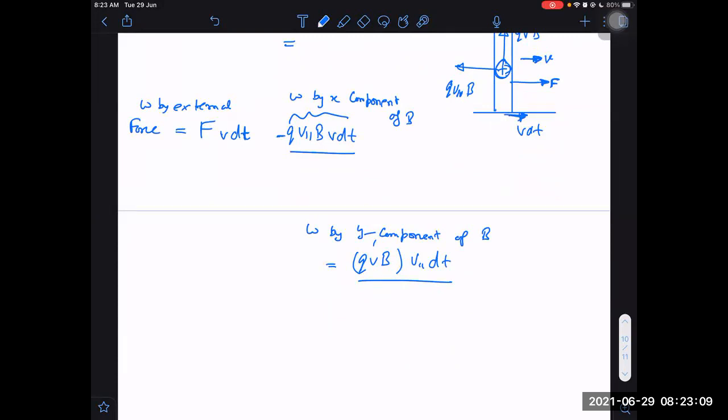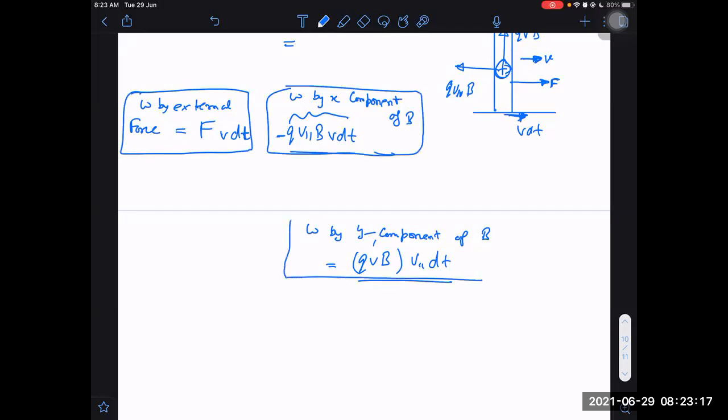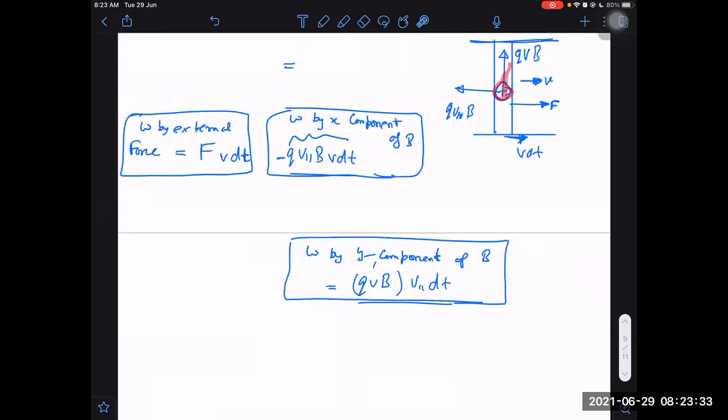So understand now, this is separate here. One thing. This is a separate term. Second thing. And this is the third term. Three forces are there. Three works are being done. Are you noticing that the work done by one component of magnetic field and the other component of magnetic field are exactly cancelling each other? What is the net work being done? Zero. But will the ball gain kinetic energy or not? It will gain kinetic energy. This ball will gain kinetic energy.